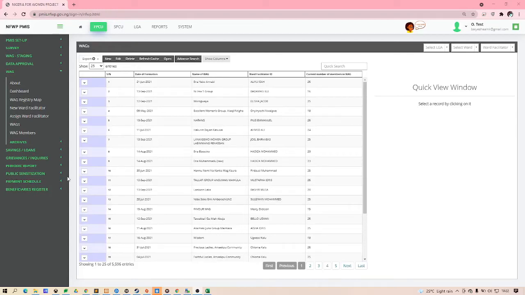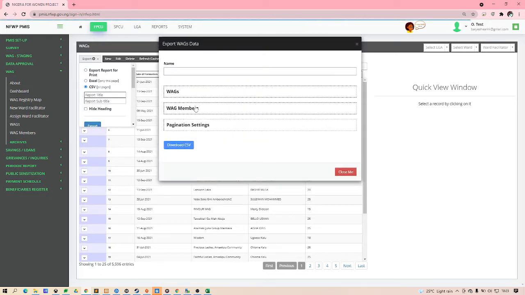Good day, everyone. This is a refresher video on the export functionality on the PMIS. So long as a user has access to this export button located on the top left of the data table, using the CSV option, which allows us to export the entire data on this particular data source, we can click on it